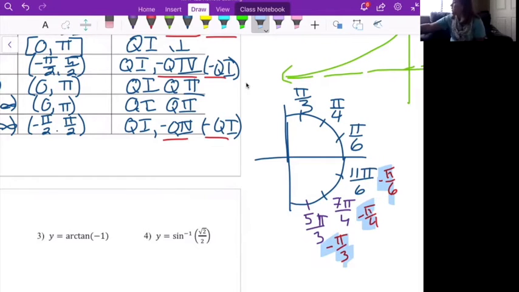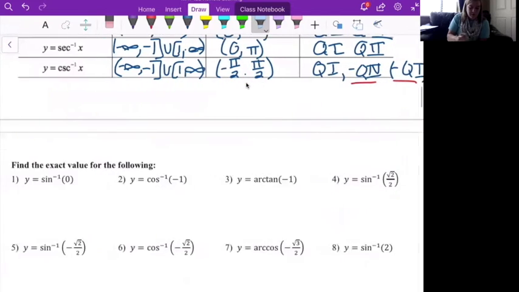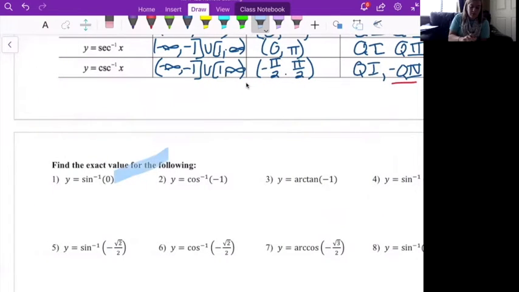So if you have your unit circle at home, you can then make those marks in your unit circle that 11 pi/6 is the same thing as negative pi/6, 7 pi/4 is the same thing as negative pi/4, and 5 pi/3 is negative pi/3. So that will particularly come in handy when we are talking about